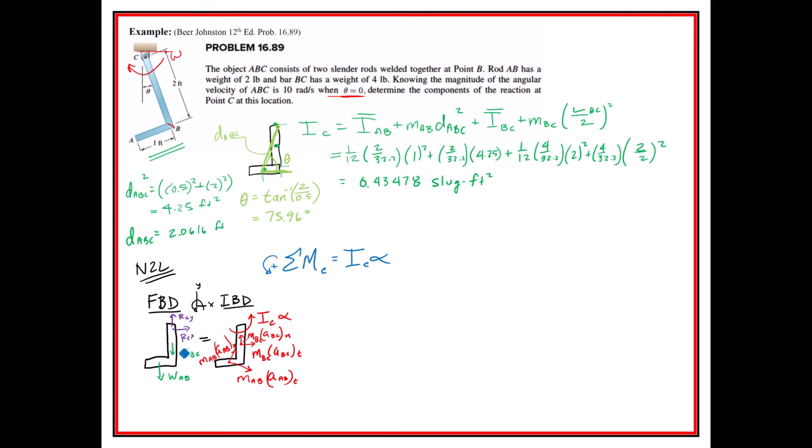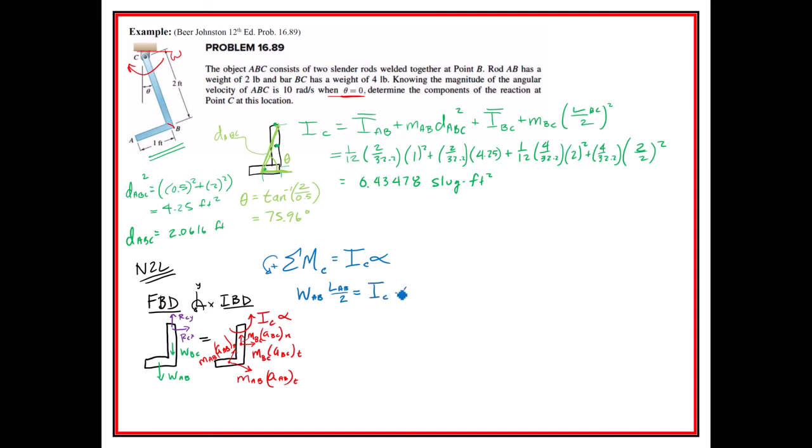So all we have going on on the left-hand side is the weight of AB, and it's going to act through LAB over 2, right? So just weight AB times LAB over 2, and it's going to be positive because it's counterclockwise, and that's going to be equal to